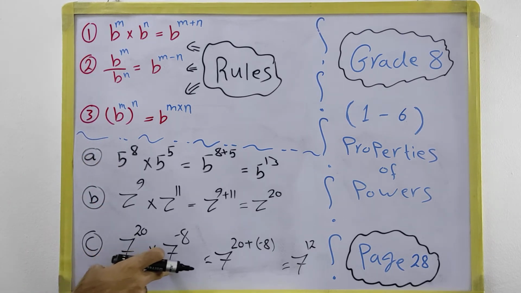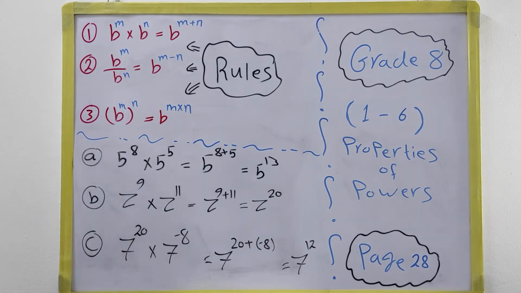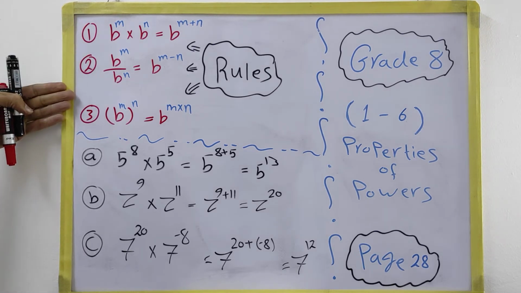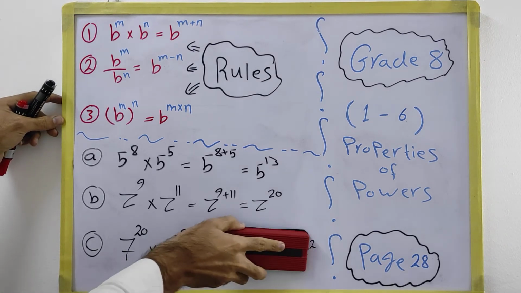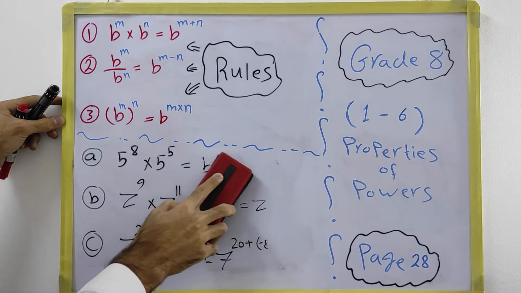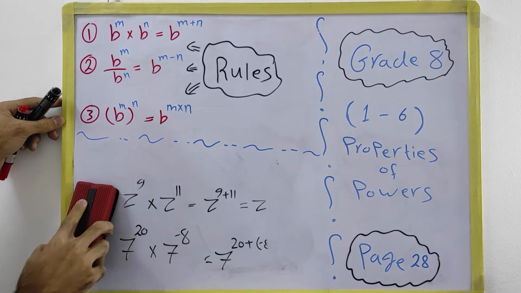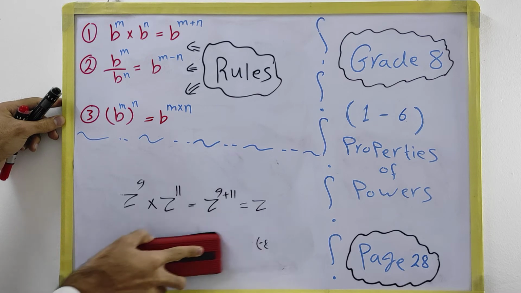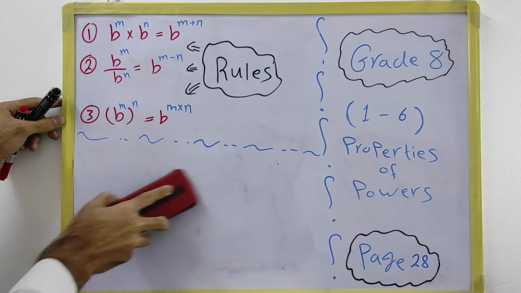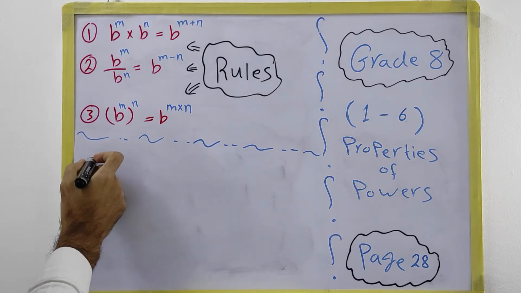Remember that, keep it in your mind, always we talk about the same base. They must be the same base, then these rules would be applied on them. If they are different bases, we cannot use these rules, and there's nothing to do with them, it will just stay the same. About the second rule, when it's a fraction, b to the power of m over b to the power of n. In this case again, if we give some examples,